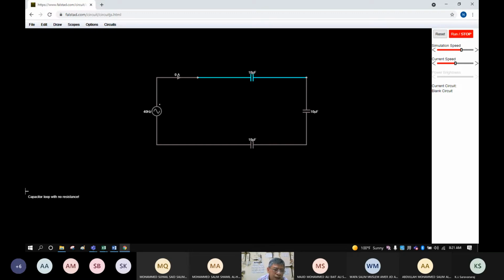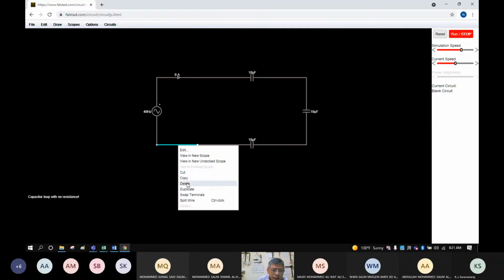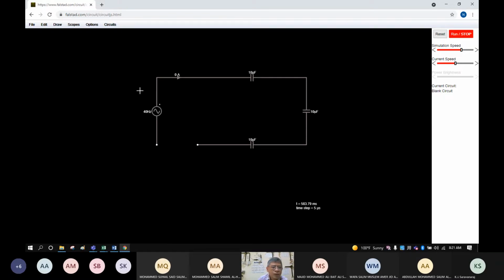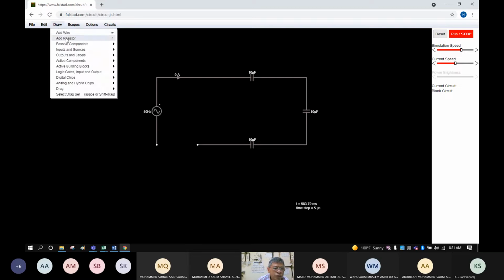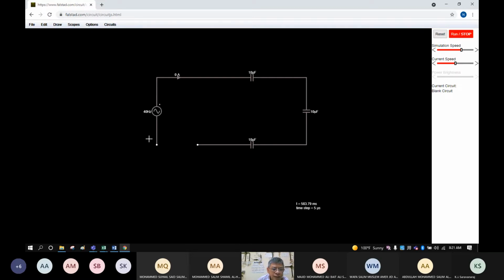Meaning, the simulation is looking for resistance. We need to put a resistance here. So delete this wire, and then insert a resistor here. Okay, so there is a resistor now.